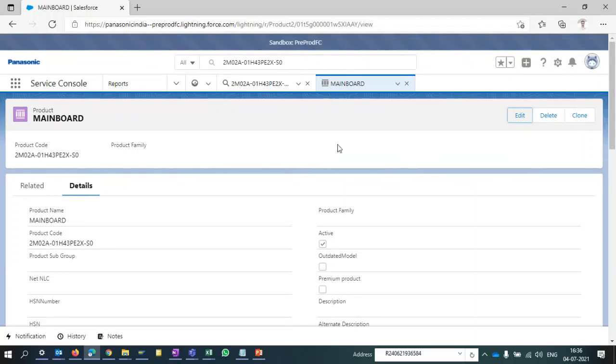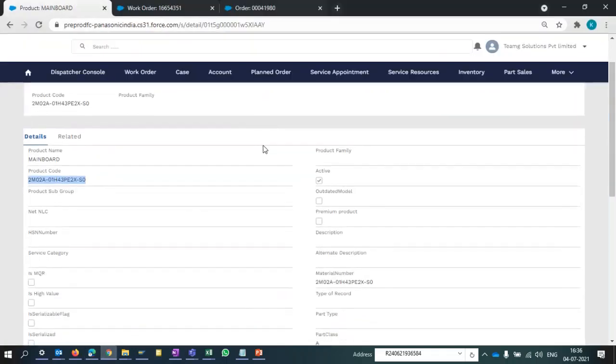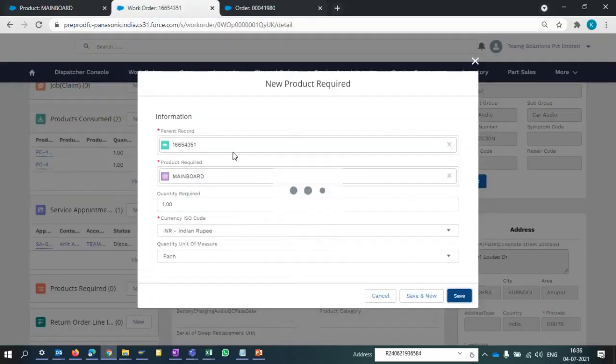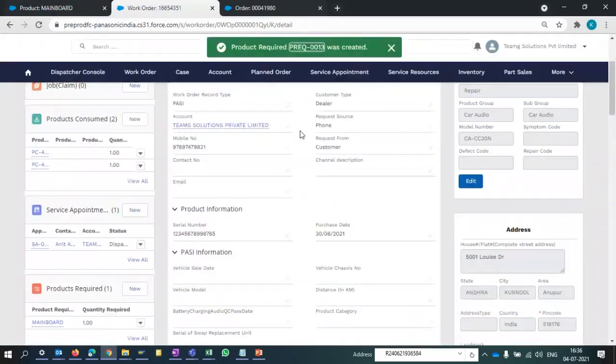So let me complete this one first, then I'll get back to you on this. So this part I have added, and in the work order, I have added the part as NQR. Now save. So product required is created in the system.